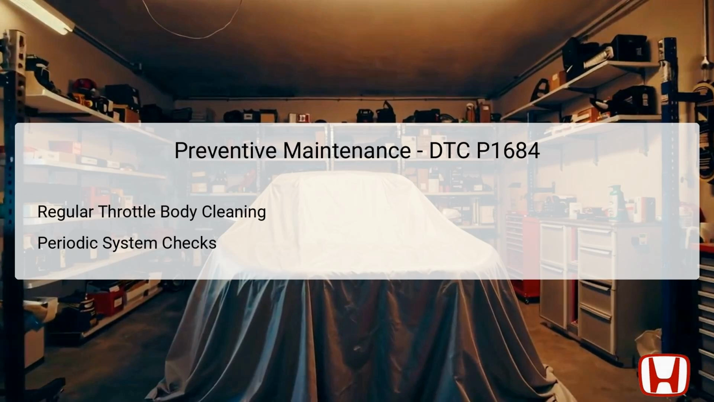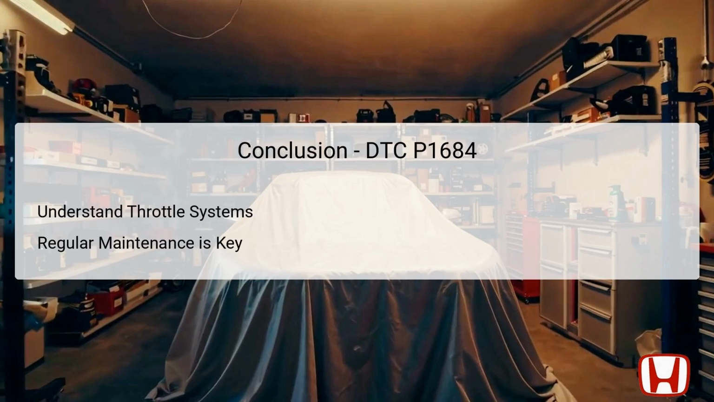Routine maintenance schedules that incorporate inspecting these components are crucial for keeping the vehicle running smoothly. Educating vehicle owners about the importance of cleanliness and checks can significantly reduce the risks of similar DTC codes from arising. In conclusion, understanding the implications of DTC P1684 and its relationship to the throttle valve return spring performance problem